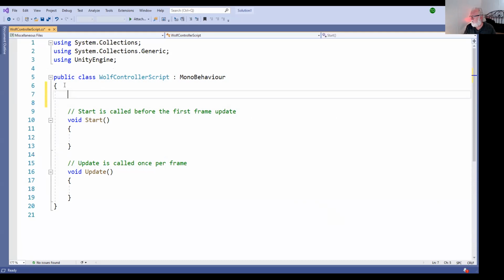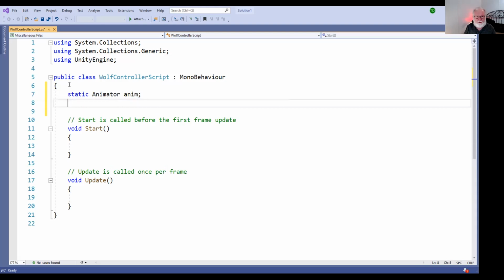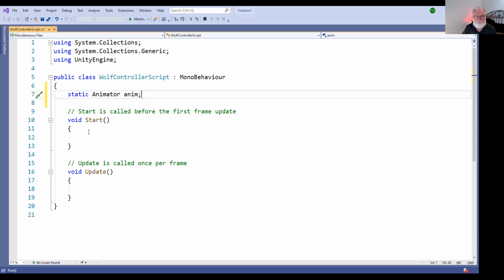Okay, so I'm going to say static animator. And I needed an animator, so I just name it anim, short for animator. Okay. And then I'm going to, well, I'll run into the problem first, and then I'll come back and put more in here. Okay, under start, I need to say that my